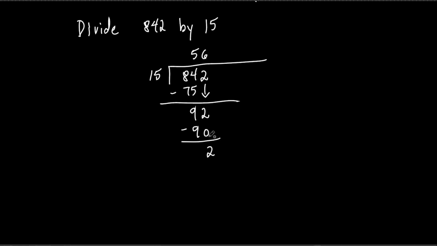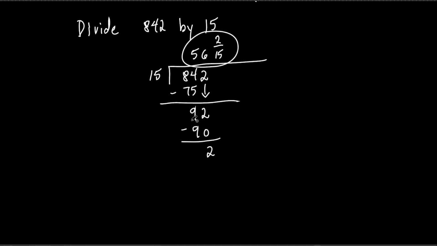But remember what I said? We're not going to write R for remainder. We're going to write it as a fraction. Okay, so we just take the remainder, which is 2, and we put it over whatever we're dividing by. You with me on that? So it's very easy. A lot of you guys thought, oh man, fractions, I hate that. I always did the R. Why can't we just do the R? This is just as easy. All right, it's 2 over 15, and that would be your answer. Okay, we're not going to write remainders. That was when we were little kids. We put an R there